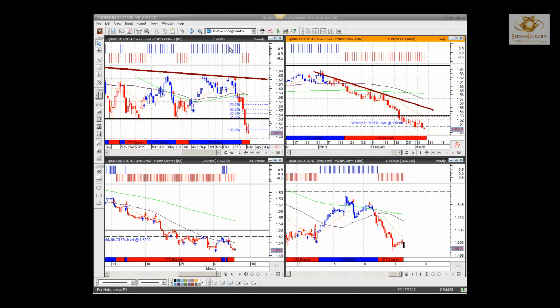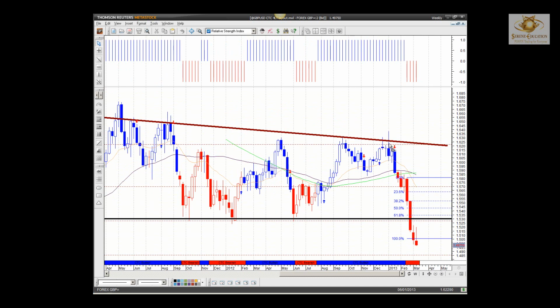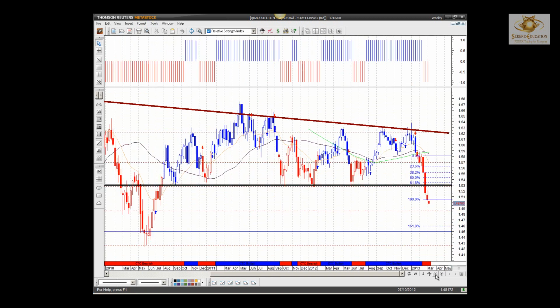On to sterling. Here's another one I've been in since the 25th. All the way up here when we saw this bearish engulfing breakout. What's price been doing since the early part of January? Falling, and in doing so, falling to particular support and resistance levels. Near term was when you had 1700 on my weekly, and then price broke again. I want to know how far it was likely to go. Ideally, the 15300 would have been my first target, because that's a major long-term support and resistance level.